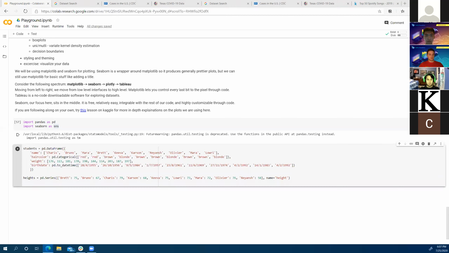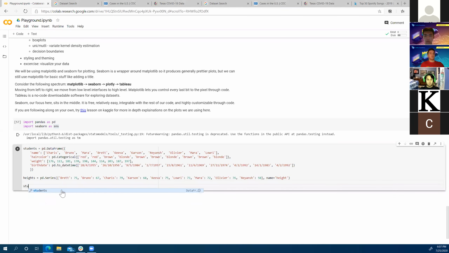I'll send that to you guys in chat as well. So we've got this students data frame. We also have the heights series, and in the interest of time, I'm going to write this out and give a quick explanation for what's happening here.